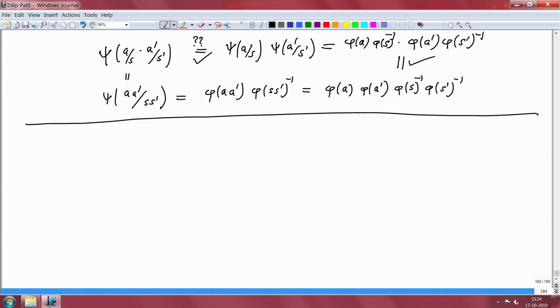So one of the important corollaries is: when A is an integral domain, and S equals all non-zero elements, which is clearly multiplicatively closed because it is an integral domain. 0 is a prime ideal. So this is multiplicatively closed